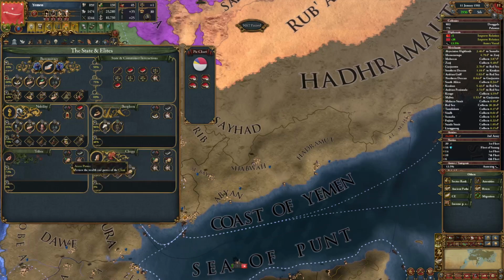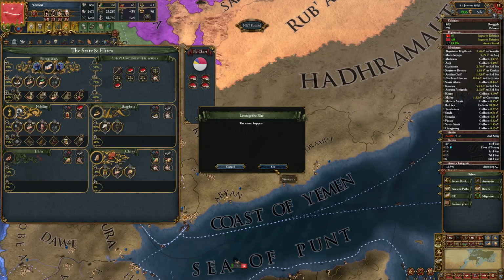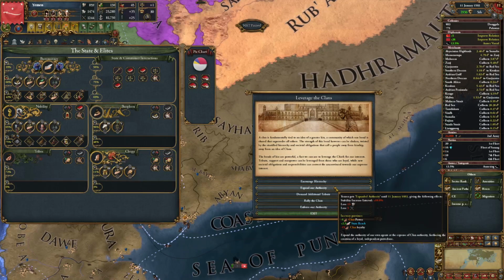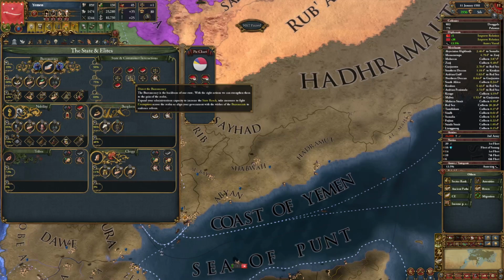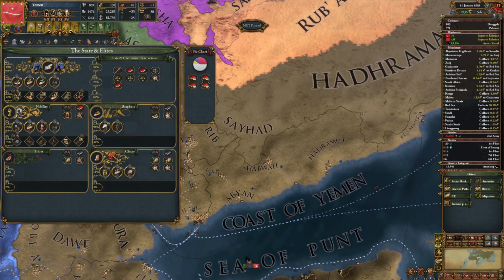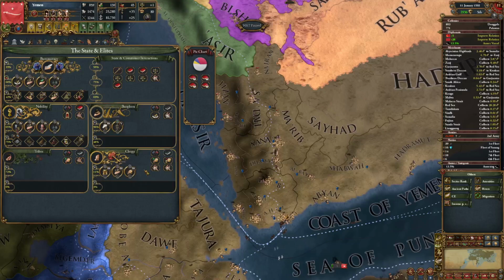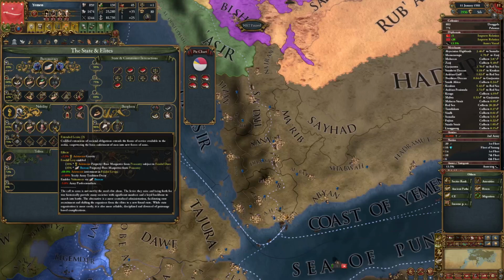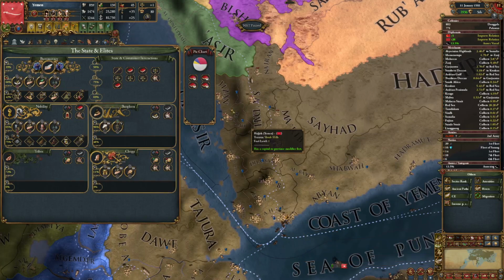Because reforming your estates is a very slow process, getting 20 state reach is relatively fast early game by either going after the tribes, which offer you the interaction of expanding authority, therefore getting your 2.5 state reach every 10 years. And then you can do the interaction with direct democracy to increase your state reach even further, so you can get there relatively quickly. But reforming all the nobility stuff and clergy stuff can take a long time, because you're basically tied to one reform every 10 years if you want to be constantly destabilized by doing the reforms, which you maybe can't afford if you're a lot at war, for example.